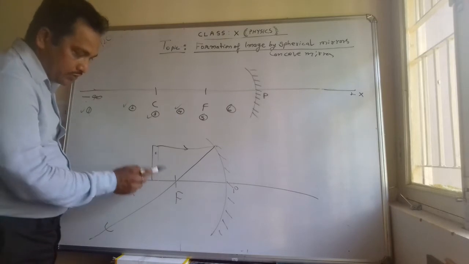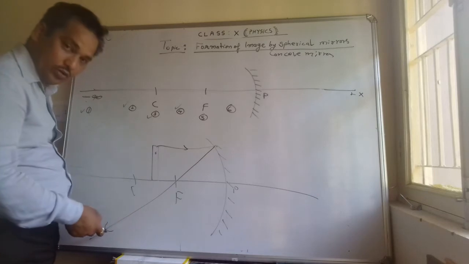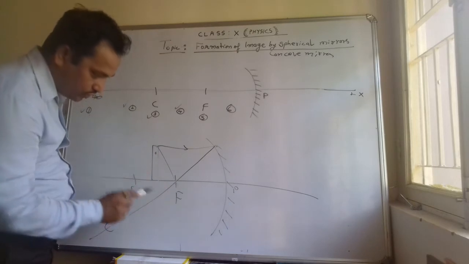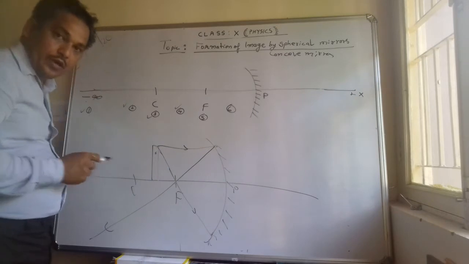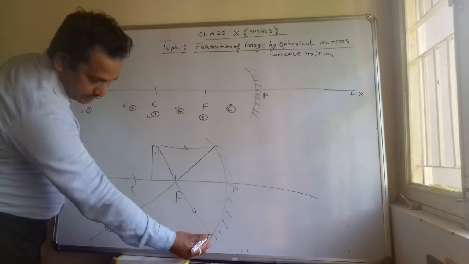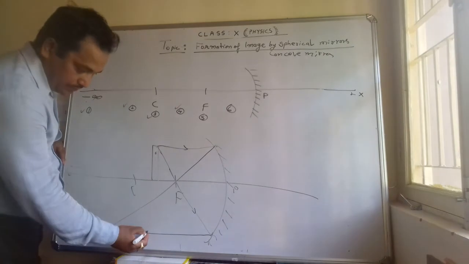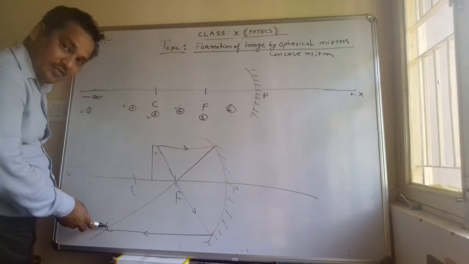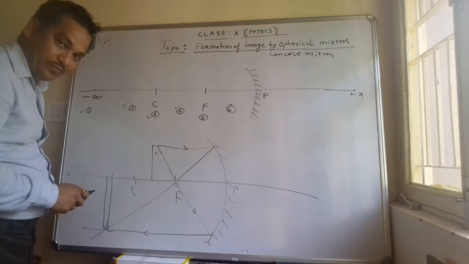So if we are applying the second rule, any ray which is passing through the focus, it will become parallel to the principal axis. So we can apply that. So let it pass through the focus. What happens? It will strike the mirror. After striking, it will become parallel to the principal axis. So this is the reflected ray, parallel to the principal axis. Where are they meeting, both the rules? Here, this is the point of intersection, which is the solution that tells the position of image formed, correct.